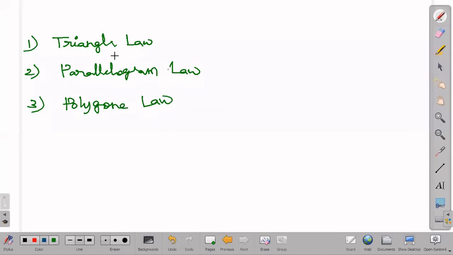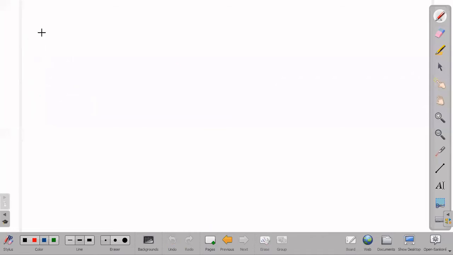Okay, so if you know the triangle law of vector addition, the polygon law and parallelogram law of vector addition will be easy. Most of the time, in the final exams also, this question was asked. The parallelogram law of vector addition is important. If you know the triangle law, this will be easier because most of the construction will be involved in the triangle law only. The same thing will be followed over here. So I'll go with the triangle law of vector addition first. Then we will move further with the parallelogram law. So our first concept is the triangle law of vector addition.